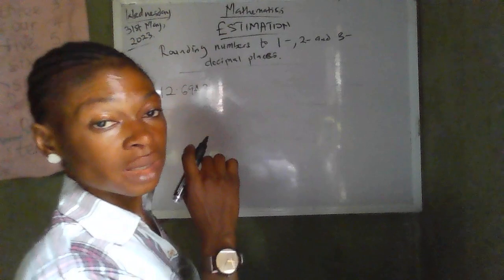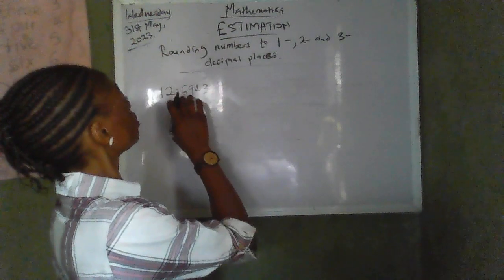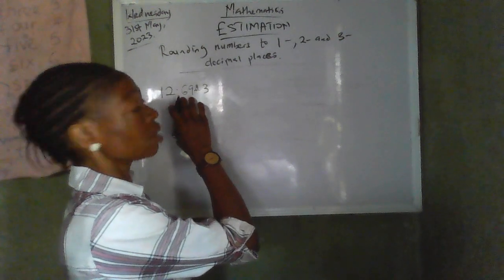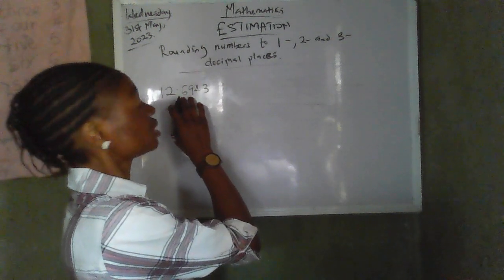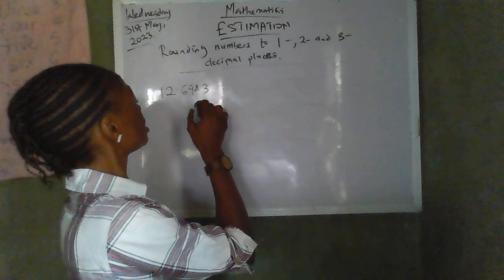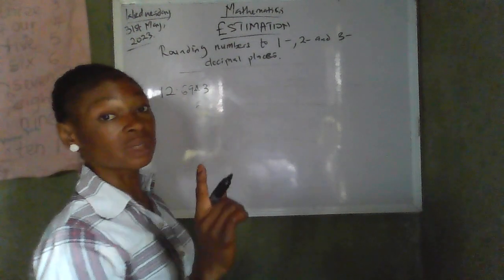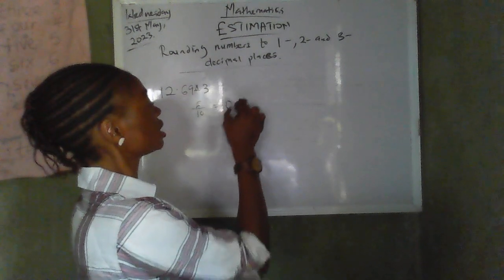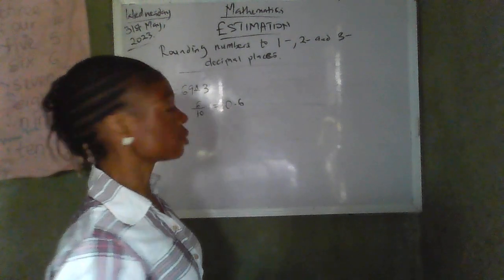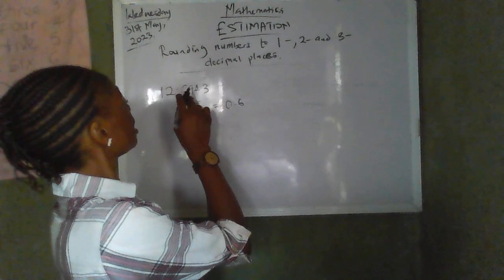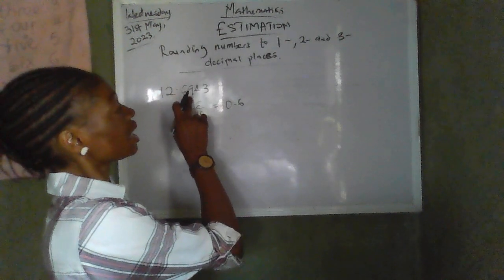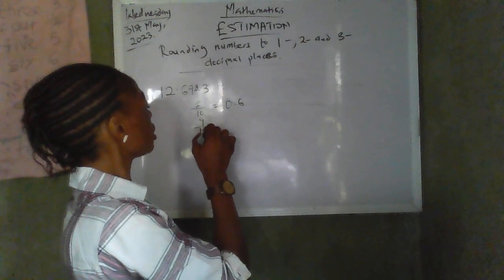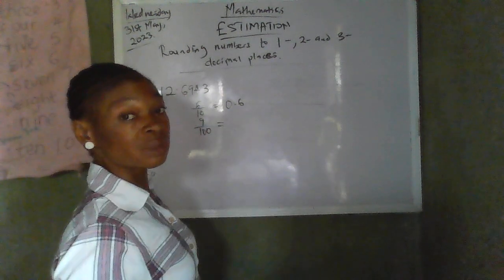12.6943. Now 0.6 is one place after the decimal point. So the place value for 6, since it's one place after the decimal point, will be 6 over 10 as a fraction, and then 0.6 as a decimal number. Then the value for 9 is 2 places after the decimal point. As a fraction, it will be 9 over 100, and then as a decimal number, it will be